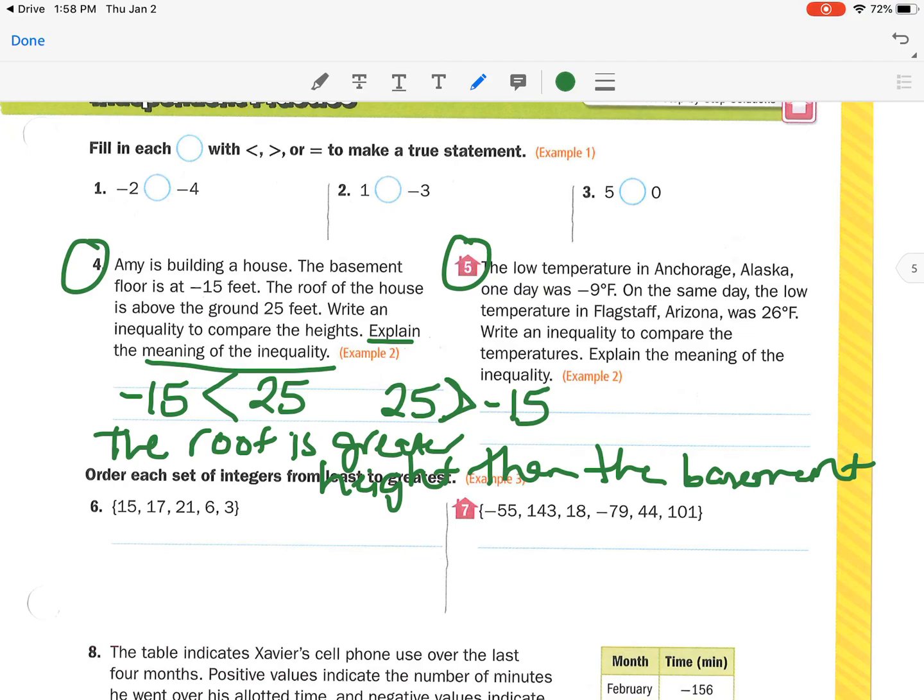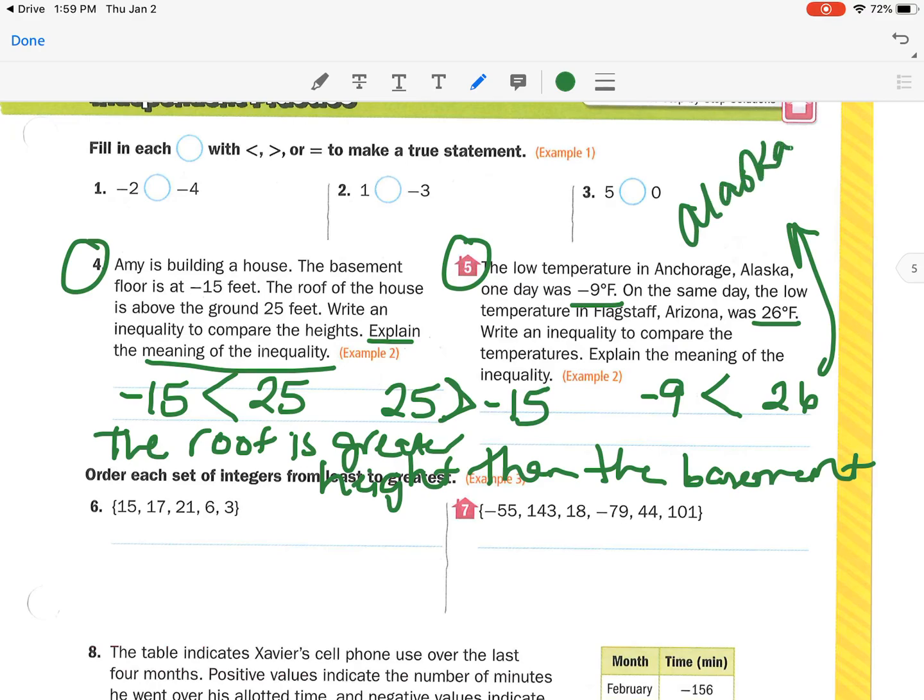The low temperature in Anchorage, Alaska, one day was -9 degrees Fahrenheit. On the same day, the low temperature in Flagstaff, Arizona was 26 degrees Fahrenheit. So we are going to talk about -9 degrees Fahrenheit and 26 degrees Fahrenheit. So we know that -9 is less than 26 degrees. So what are we really saying? We are saying that